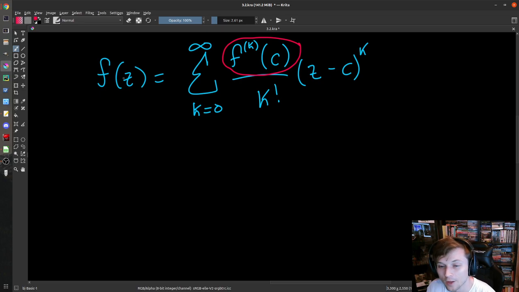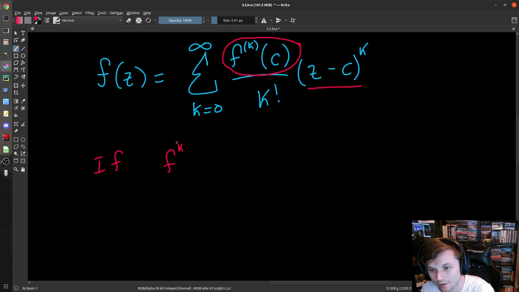That is, if you're not plugging in a value yet, if you're not plugging in c or anything like that, the only way that some z minus c to the k will not appear for some value of k is if you have a 0 for f^(k), the kth derivative at c. Obviously, if you plug in c, you'll get out 0. I'm not talking about the value of f of c right here. However, that does play into what I'm trying to say. If the kth derivative at c is equal to 0,